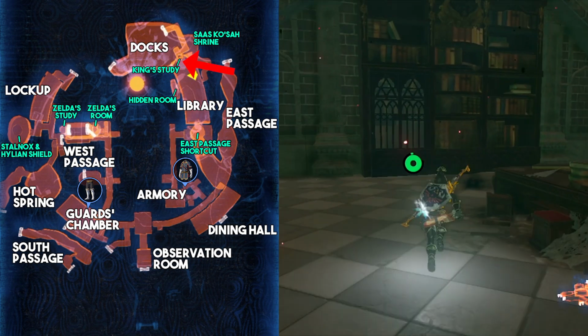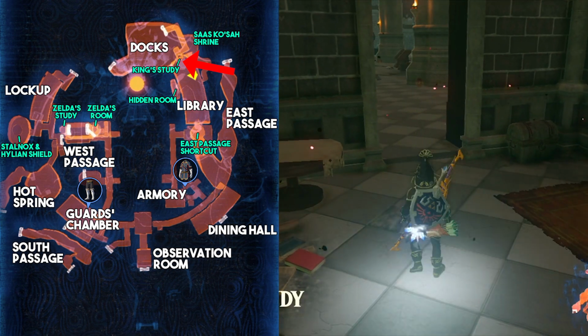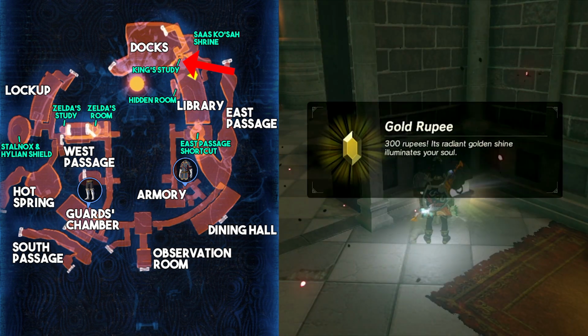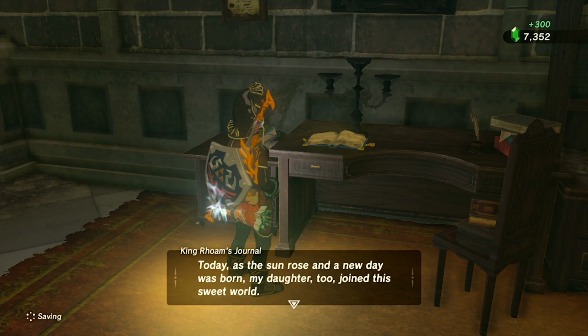Similar to that, on the north side of the library, there's another alcove that leads to the King's Study. In here, there's a chest containing 300 rupees, so that's awesome, and there's also a Royal Guard Shield. Now, the Royal Guard Shield is not that great because the durability is super low, although it does have a very high defense rating, but I think what's more important to note is just the fact that it's so close